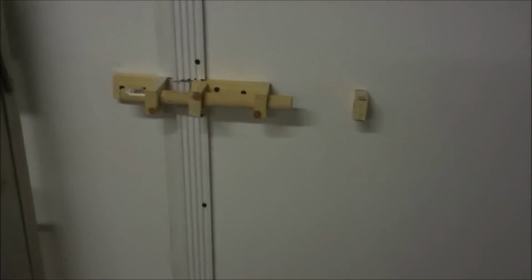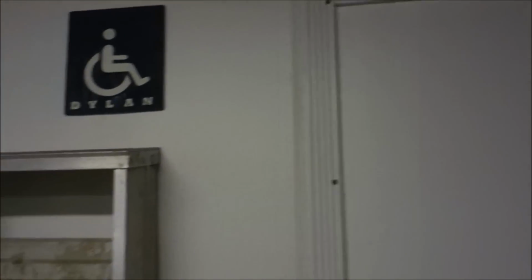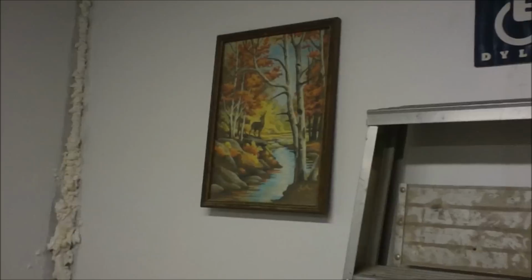I guess a better place to start would be the door here. And as you saw from, well, you haven't seen it yet, but how it was built, I have a little latch here that you can use to close it. That way it doesn't swing open. It is on 3 hinges, so it supports it because I framed it in real nice, and it's a pretty heavy door. Have a little sign for Dylan, a little painting thing of a deer,